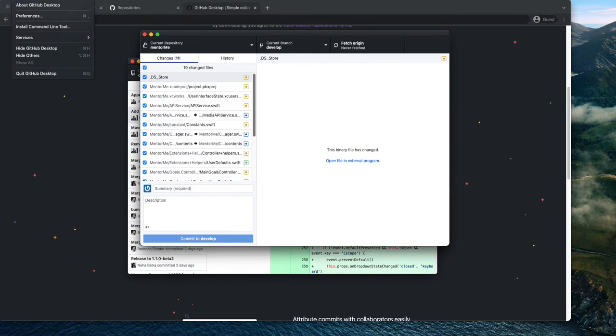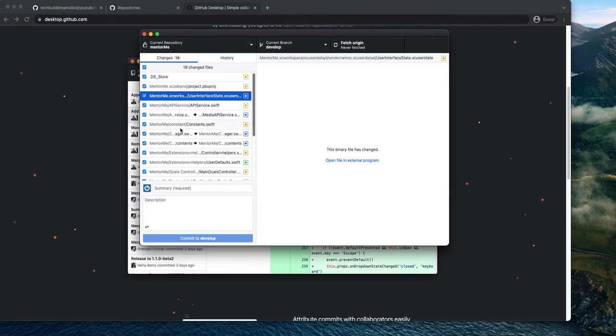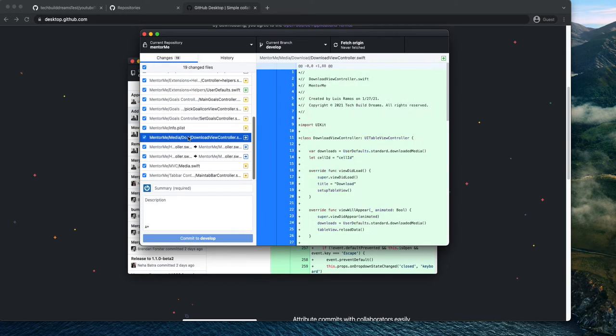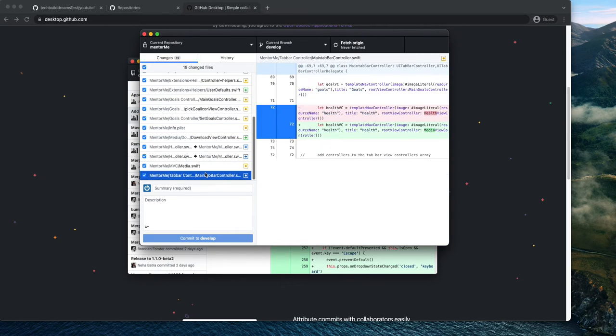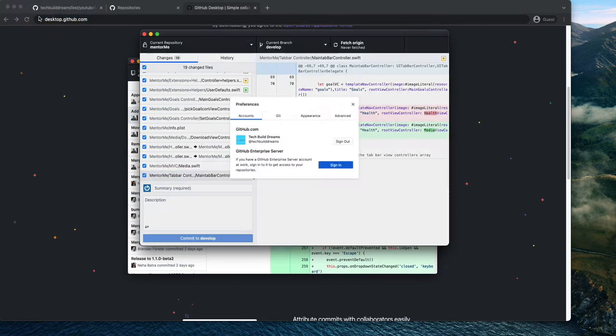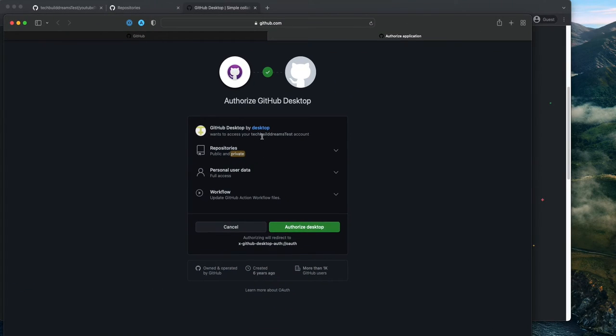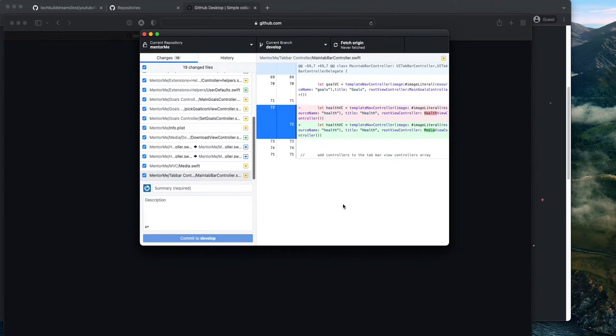If you're ready, this is good. Because I was working on something, this is all the changes. This is how you see the changes that you could send back. But yours shouldn't look like this because you don't have anything yet. So sign out, sign in using browser, and then it's going to give you something like this to authorize. You click authorize, and then